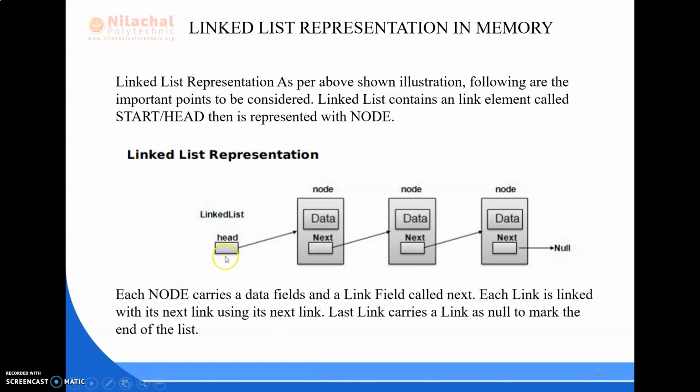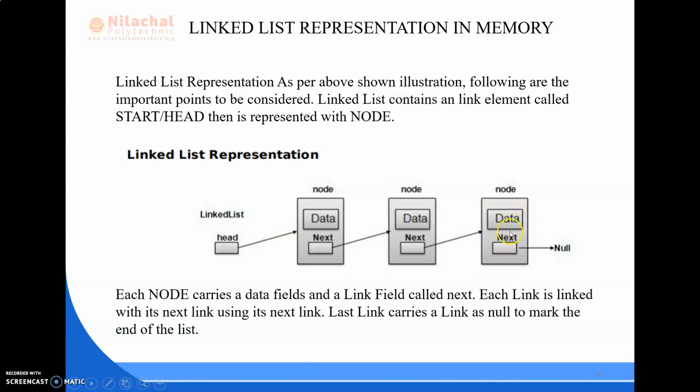As already discussed, a linked list always starts with the header or start, that is the address to the first data element, and the data elements are stored in the form of nodes where we have the main value of the data and a pointer link which carries the address of the next data element. The next data element is also in node form, where there is a data part and a link part which addresses the next node, and the last node